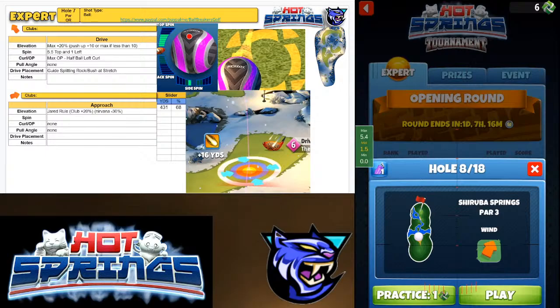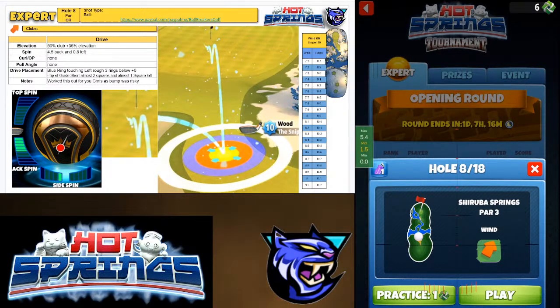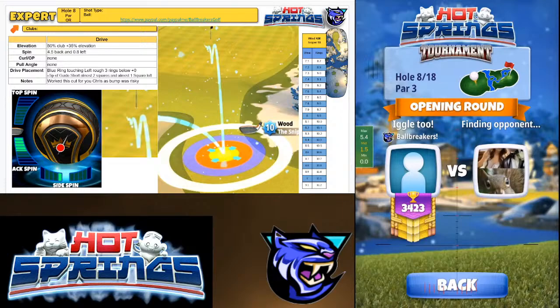Auto release on 2. No drops. Alright, so 50% club plus 35% elevation. The rough bump is there to the left, but some of the wind angles put it more at risk. And for Chris and our clan, I thought I would try to work out a non-rough bump for him. And this is what I came up with. So I'm going to find plus 0, pull back 3 rings, put the blue ring at the left rough,